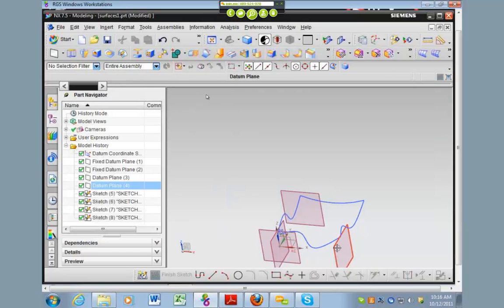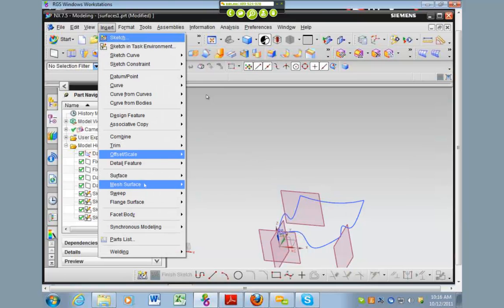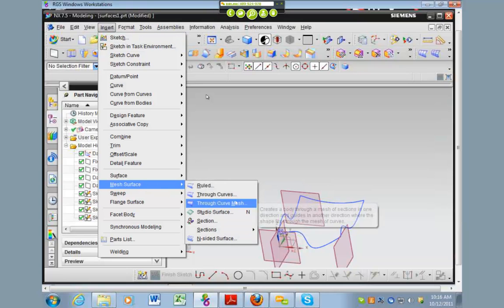Now we're going to make a surface here. So the one we want is insert mesh surface, through curves mesh. So I'll just show you this. So a through curve